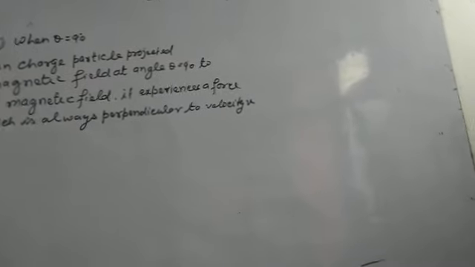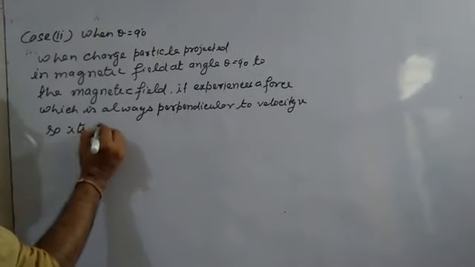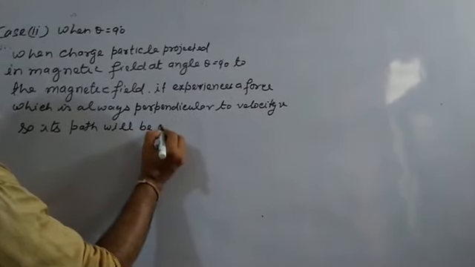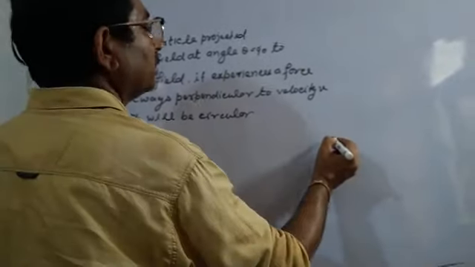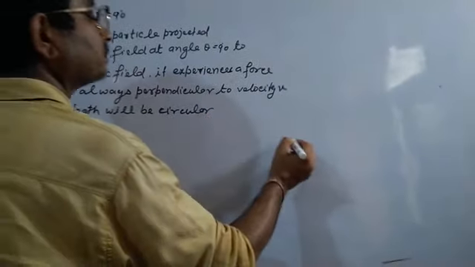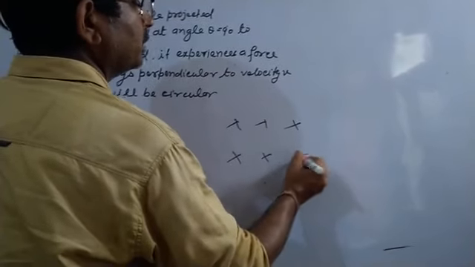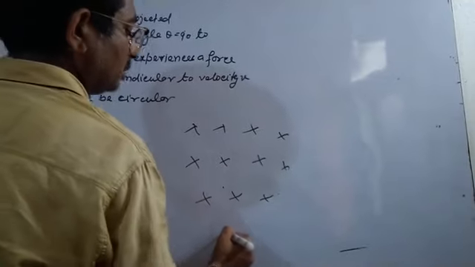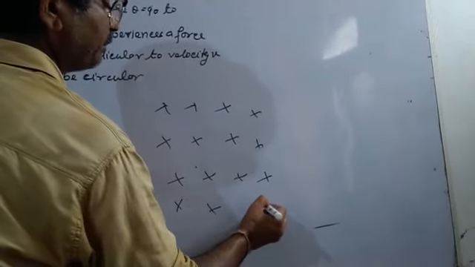So its path will be circular, as shown in the figure here, in a uniform magnetic field directed inward to the plane of the paper,